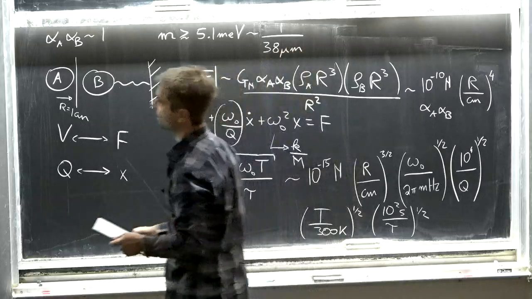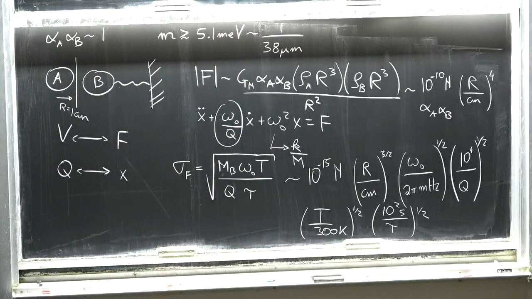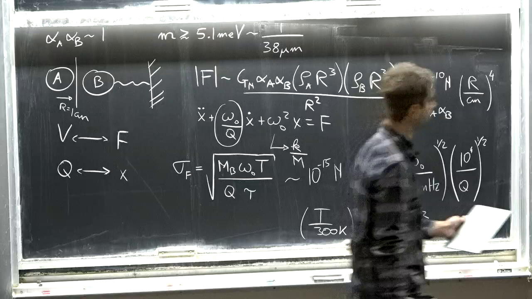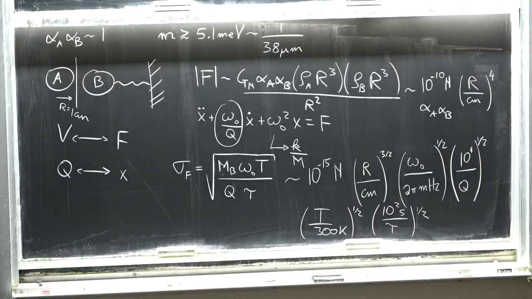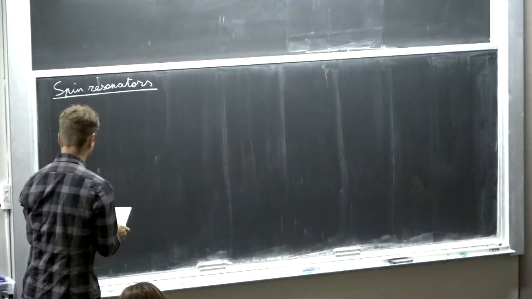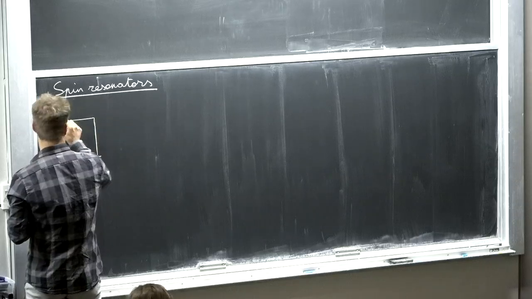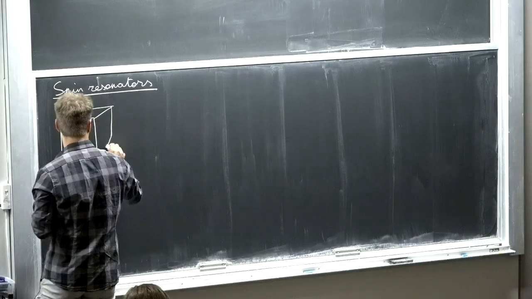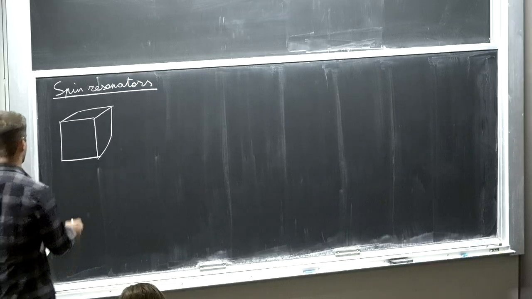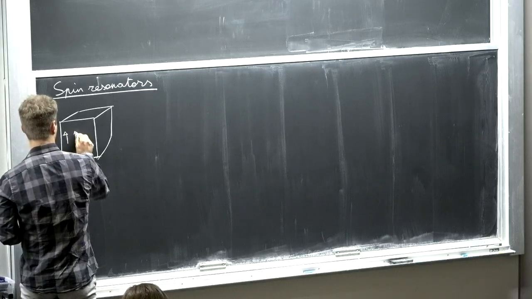So that was one example of a mechanical oscillator. Let's now go to pseudoscalars. For pseudoscalars, some of the most exciting experiments being developed now are essentially spin resonators. It would basically consist of a large vat of, let's say, liquid helium or xenon with a bunch of polarized spins,